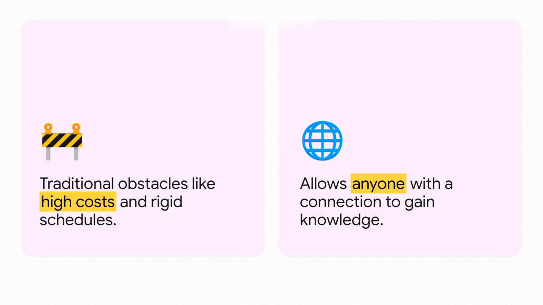For generations, education was super heavily gated. It was defined by these incredibly frustrating traditional obstacles. We're talking steep financial barriers like astronomical tuition costs, and these totally rigid schedules that demanded you sit in a specific physical seat at a specific time. Well, the universal classroom absolutely shatters those barriers. This new digital reality is defined by one core principle. It is accessible to anyone with a connection. We're finally moving away from archaic roadblocks and stepping into a world of empowering, continuous access.